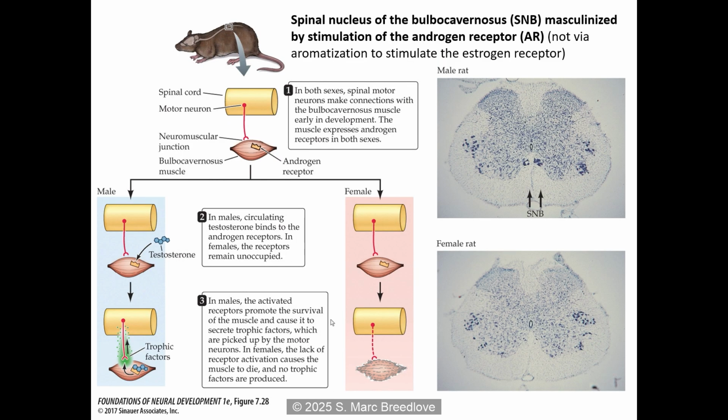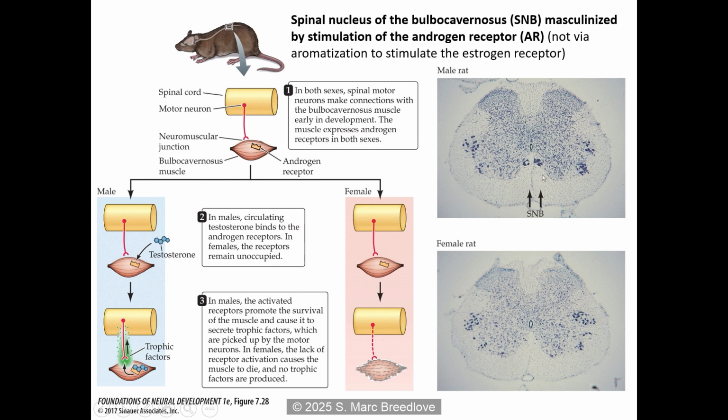So the other model that I talk about a lot, because I was involved in it, is in the spinal cord, where again, you can take a section of spinal cord, and if it's from the lower lumbar spinal cord, you don't need a microscope. Just hold it up to a light. And if you see these two clusters of dark motor neurons in the ventral horn, right at the midline, then you know it's a male. And if you don't see them, then it's a female.